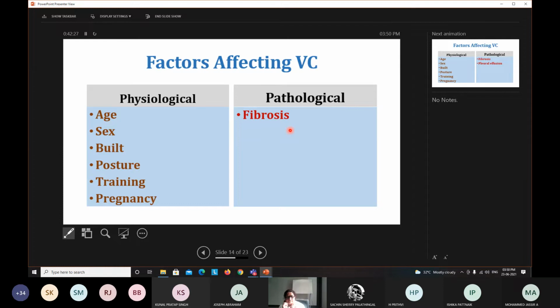Fibrosis. You might have heard this terminology, which is quite common post-COVID. Whoever is getting COVID and pneumonia, it is affecting the lungs and turning into fibrosis. The lungs become fibrosed, which will fail to exchange the gases. That part of the lung will become non-useful. So when a certain part of the lungs is non-functional, definitely the volume of air inhaled and exhaled will be less. So this is one condition.